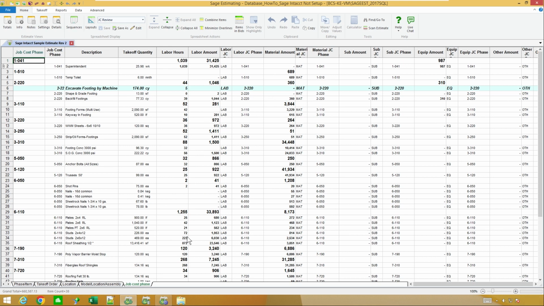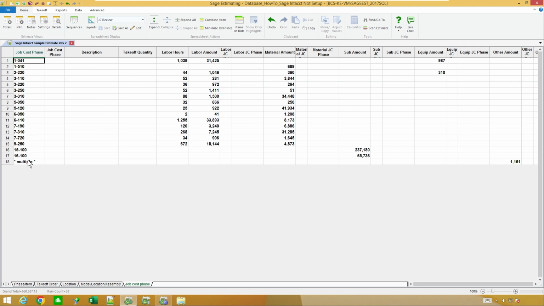When I click on it, I'm going to notice that basically I've got a whole bunch of codes in here already and no descriptions in here at all. And none of these follow the right format. These are all my codes for Sage 300, nothing to do with my Sage Intacct and so forth. So the next thing I want to do is take a moment and actually just move some of this information around.